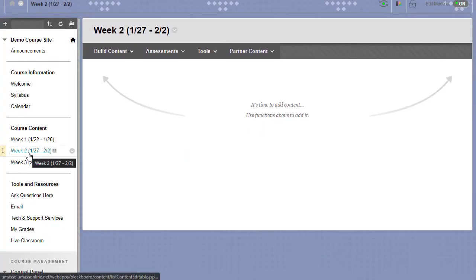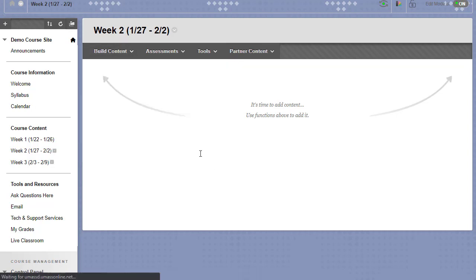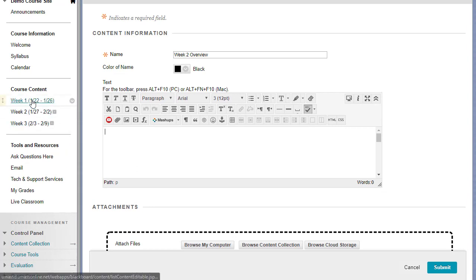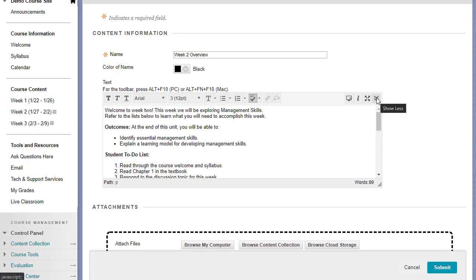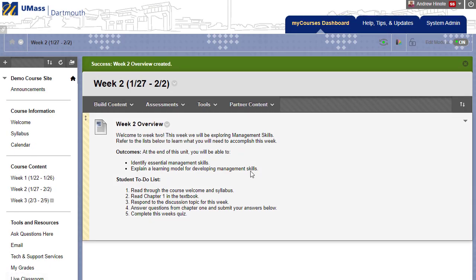Once you've got your content area, as I do here for week 2, you go to Build Content. Most of what you're looking for is under here. So I would start off with an item, and this would be my week 2 overview. And here I would type in that information introducing this week. You can type in this box and use the buttons above to format it however you'd like. Once you're happy with what you've written, you'd click Submit,